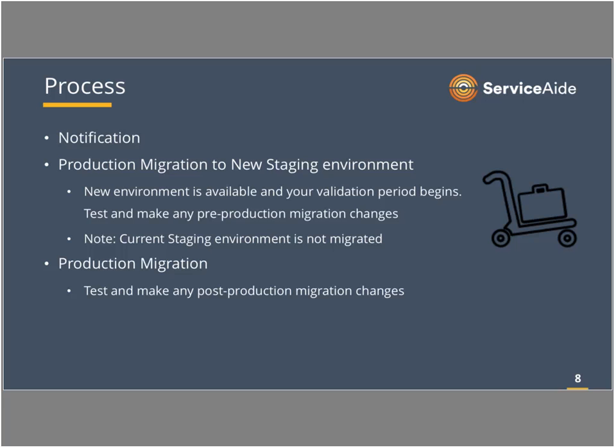One important note, we are not moving your current staging environment to the new data center. We're focused on moving production because we want to give you your production environment as a test environment in staging, and then eventually, approximately 10 days later, do the production migration again, essentially to the new production. So that's an important thing to note. If you do have anything in progress in staging, changes you're testing and playing around with, you want to probably put those into production as soon as you can if you're ready, or figure out a good plan to have